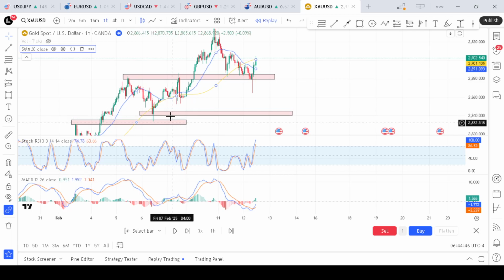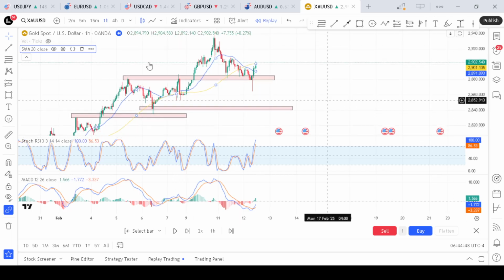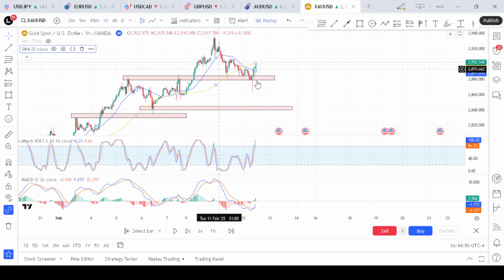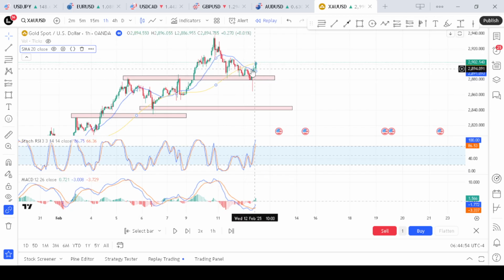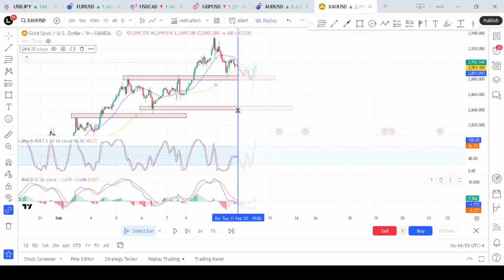How do we enter? After this top down analysis from the higher time frame, we will enter our lower time frame to get a better entry at where we want to enter in current price. Remember that